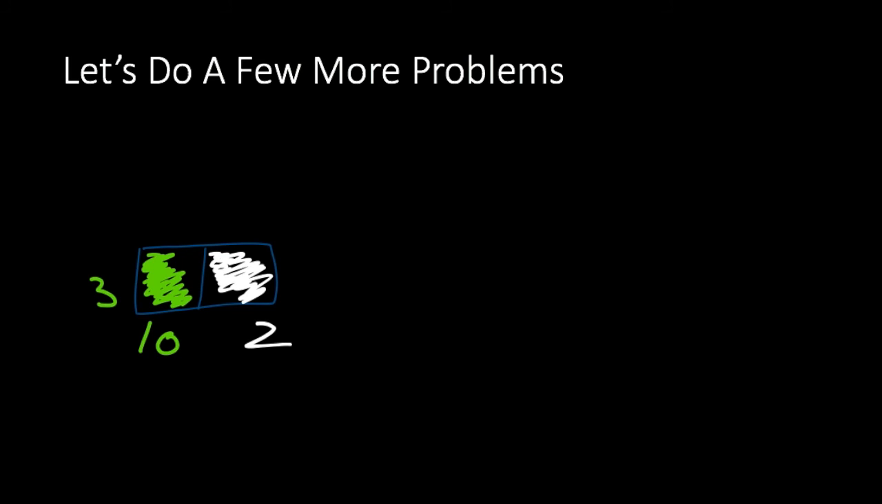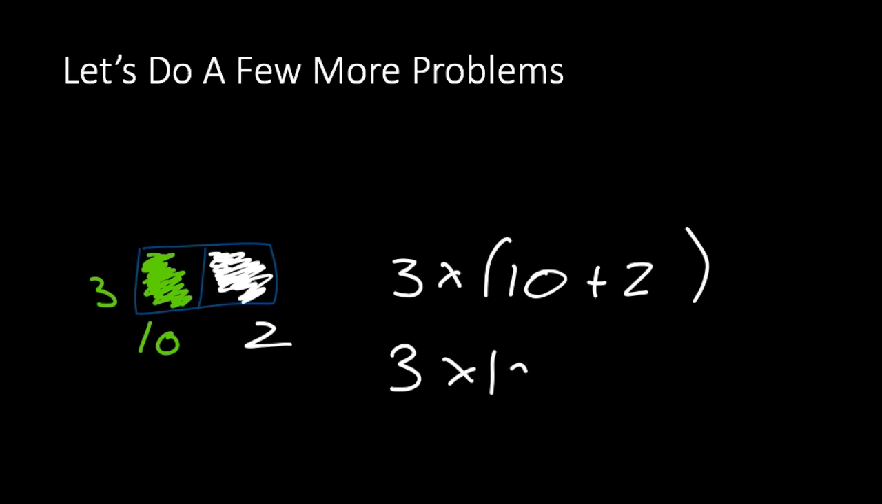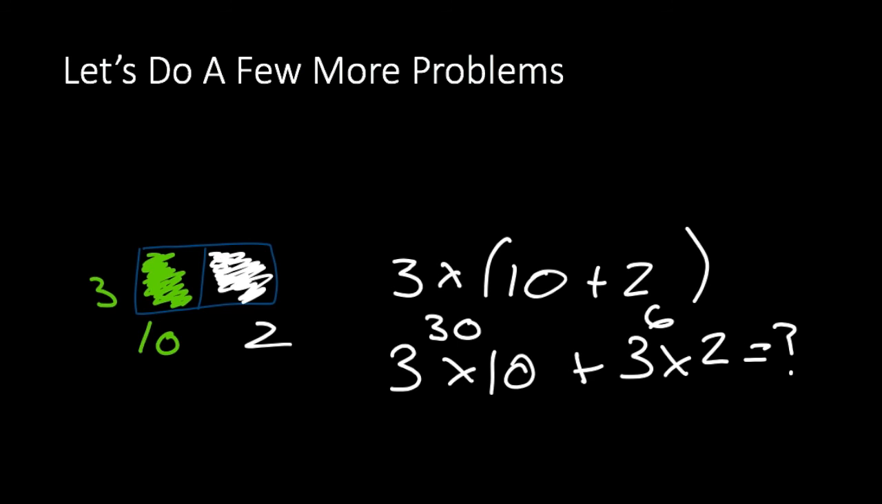Now, let's do a few more problems. Let me get my other pen. Now we can get started. So we're going to do 3 times 10 plus 2. And I'll start to add 3 times 10 plus 3 times 2 equals how much? 3 times 10 equals 30, and then 3 times 2 equals 6. We're going to add 30 plus 6, which equals 36. So the area for this equals